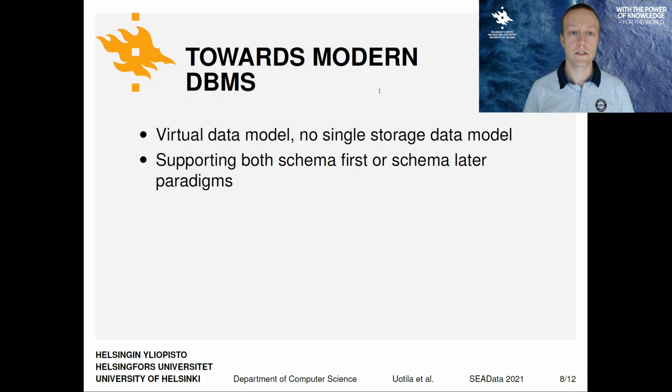Modern databases should support both schema-first and schema-later paradigms. We could approach that from a document store model perspective. Then we could extend a declarative query language, for example SQL, with suitable extension functions to query and update schemaless data. Besides, we could adopt relational indexing and inverted indexing strategies. This would bring schema-first and schema-later approaches closer to each other.